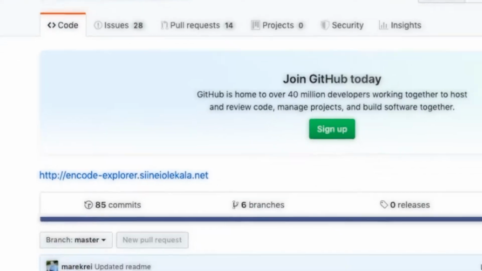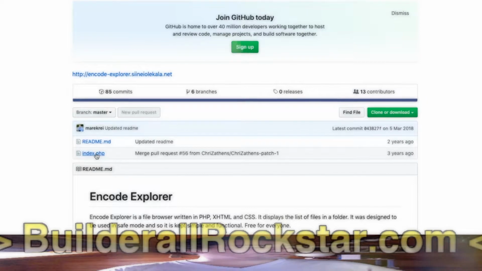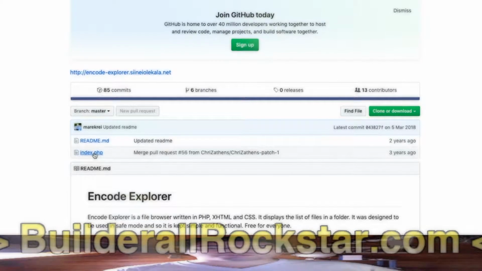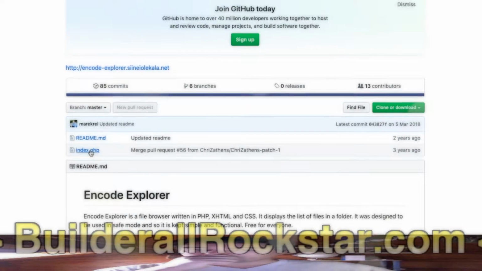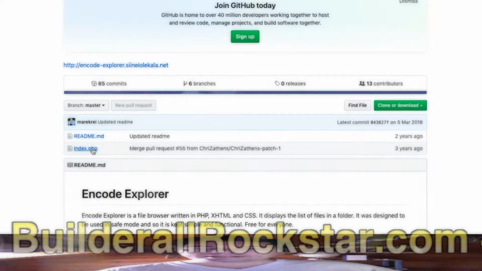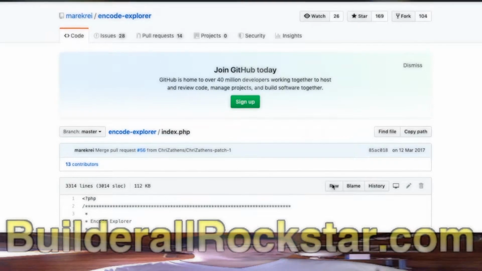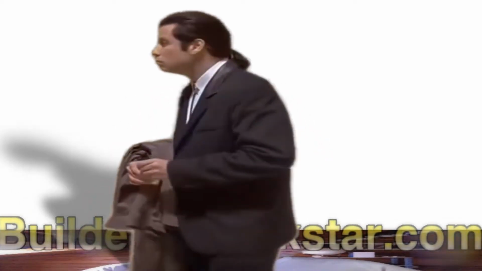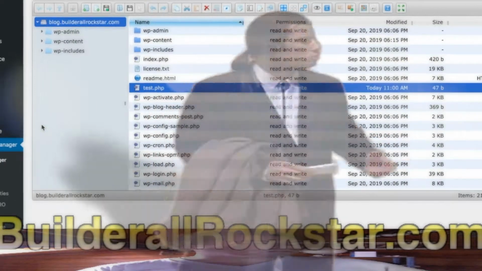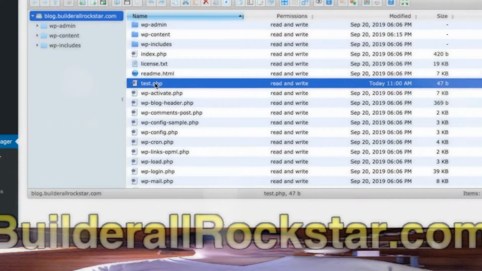It's a very simple one. So you can see here there is one file. What you can do is click on this file, and you can either download it on your computer and upload it on your WordPress, or you can just create a new PHP file on your WordPress and copy and paste this code. So I will show you the way to do it without uploading, just creating a file. So we go back to here. I already created one, so I will delete it. Delete. Okay, remove.